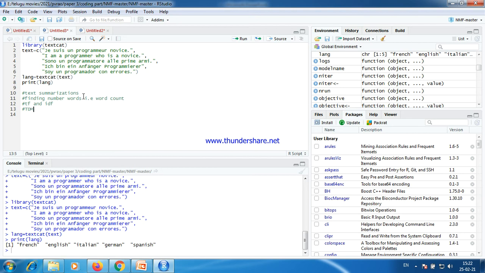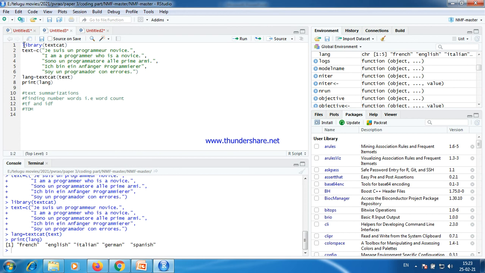For getting the best accuracy, you need to know the text categorization and you have to detect the language.